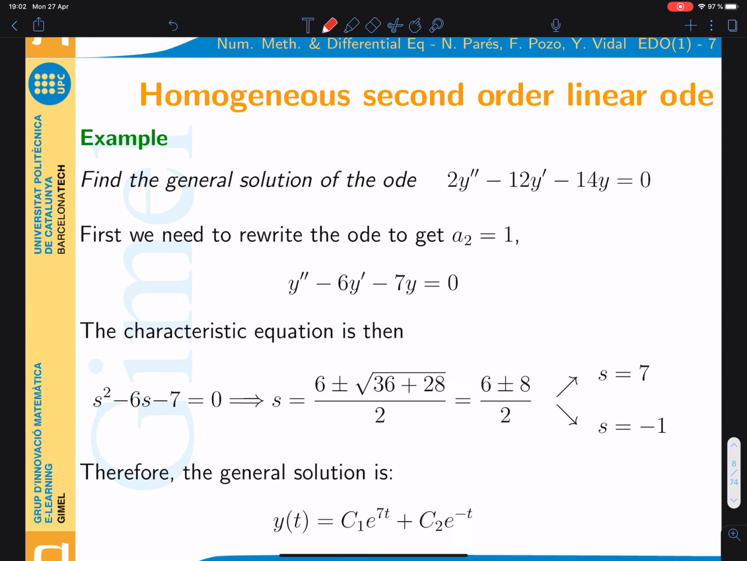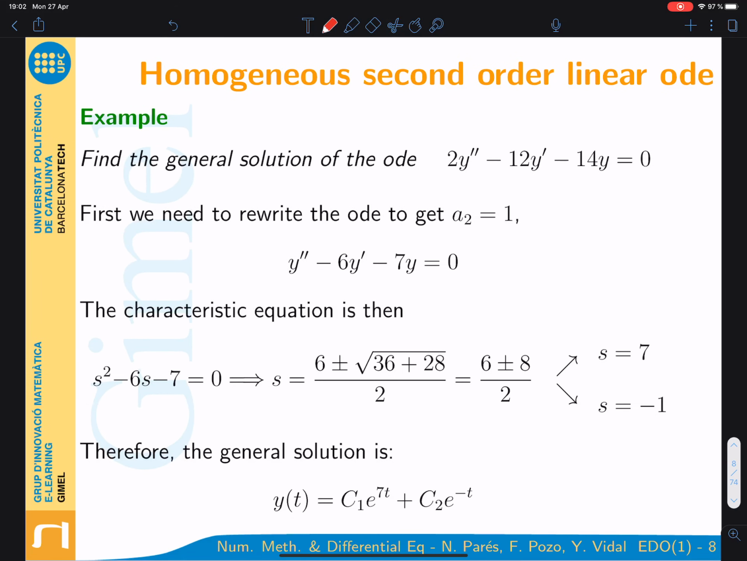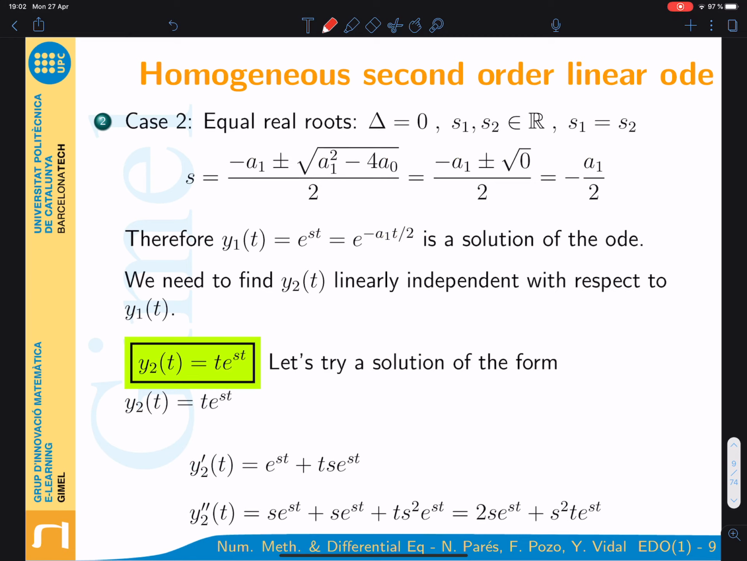Here in the slides, you have another example. You can try to do it yourself, okay? You can pause the video and try to do it yourself and check you can do it correctly. Now, the second case, case 2, this is when we solve the characteristic equation, and it happens that what is